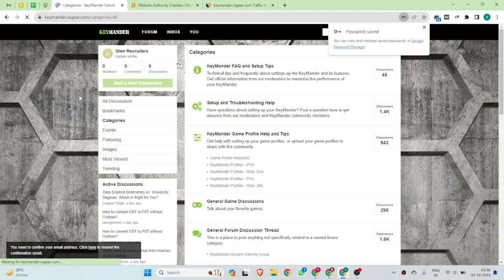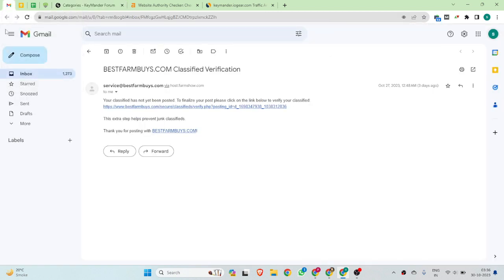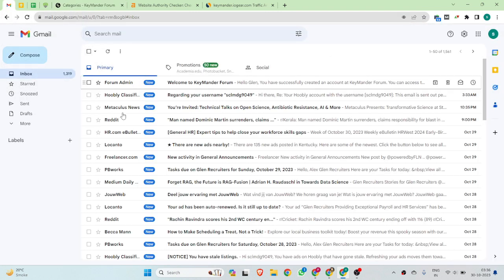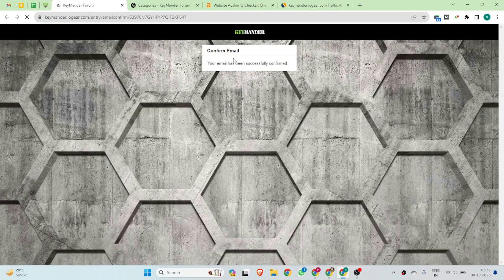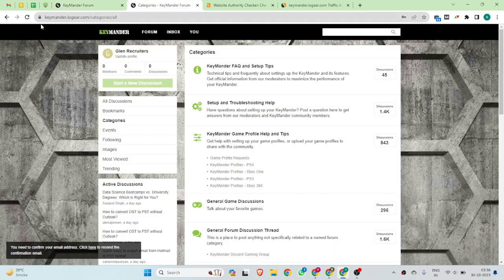Once you complete this process, then you have to check your email ID. This website will send you the verification email. Yeah, I guess we have received the verification email. You can access it, then you have to confirm verification. So our verification is confirmed now. So now first we have to restart. Then you guys can see,